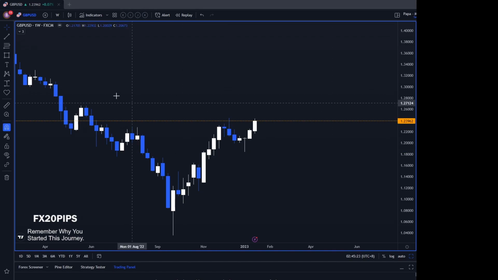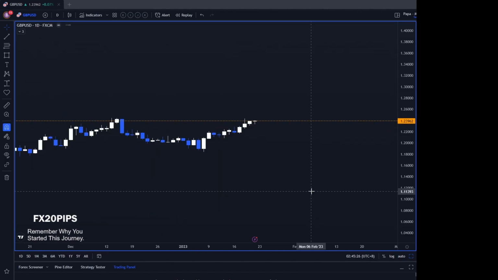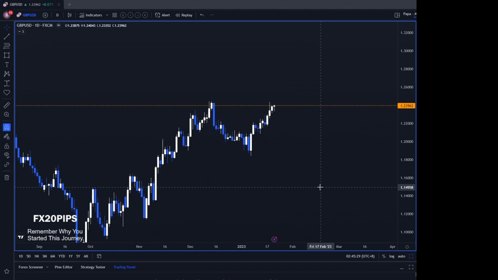Let's look at the daily chart. Okay. Now you can see that previously, when it reached this point, okay, the reaction was a very big bearish candle, okay, very big bearish candle that goes down. All right. Now, last week when it reached the same point, okay, even though there was a wick that goes down, the candle still closed